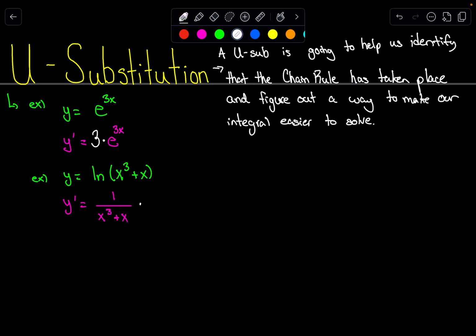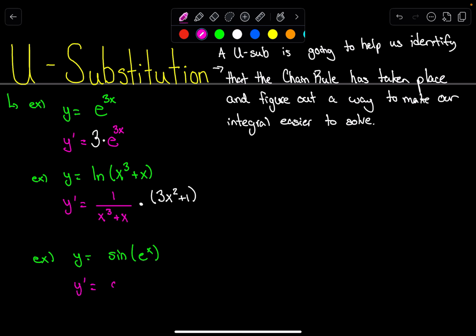But then we have to multiply by the derivative of what's on the inside here, courtesy of the chain rule. So we're going to multiply by 3x squared plus 1 to get our final answer. And maybe just one more to drive the point home. Maybe if I have y is equal to sine of e to the x, then the derivative of this thing